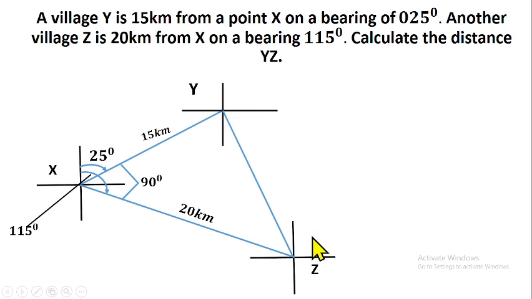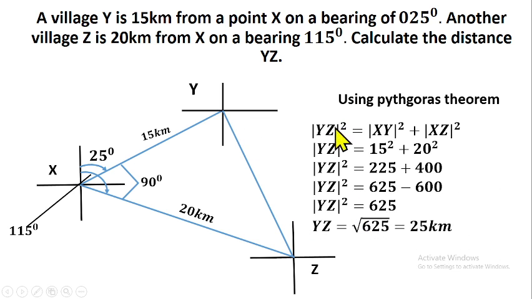So can you formulate the Pythagoras theorem for us? That should be YZ squared equals XY squared plus XZ squared. So that should give us YZ squared equals 15 squared plus 20 squared. Simplified, that should give us 225 plus 400. Add this together, that should give us